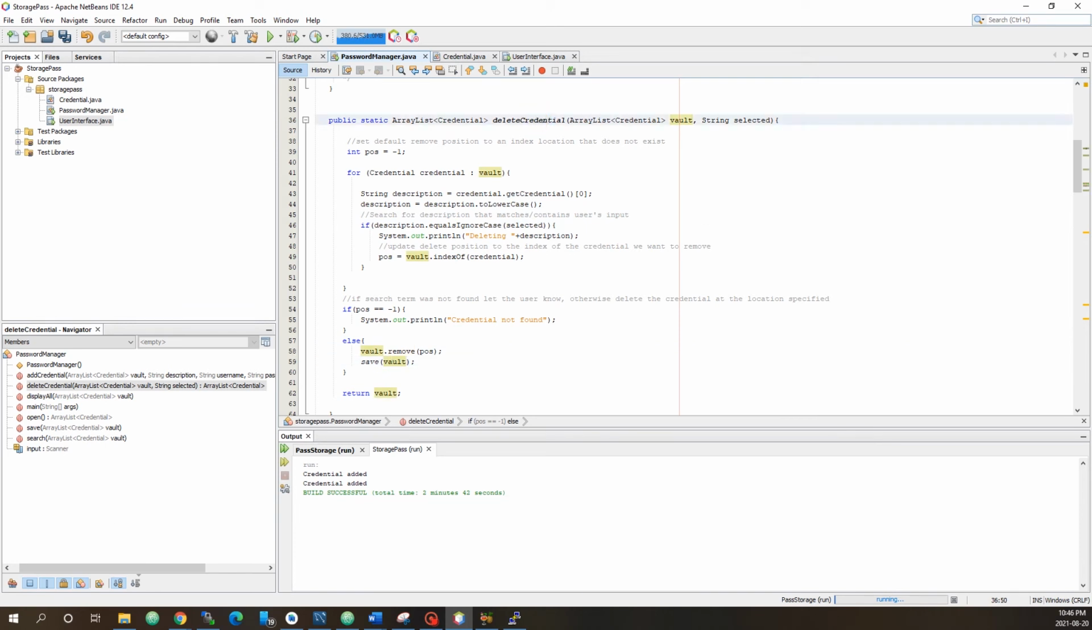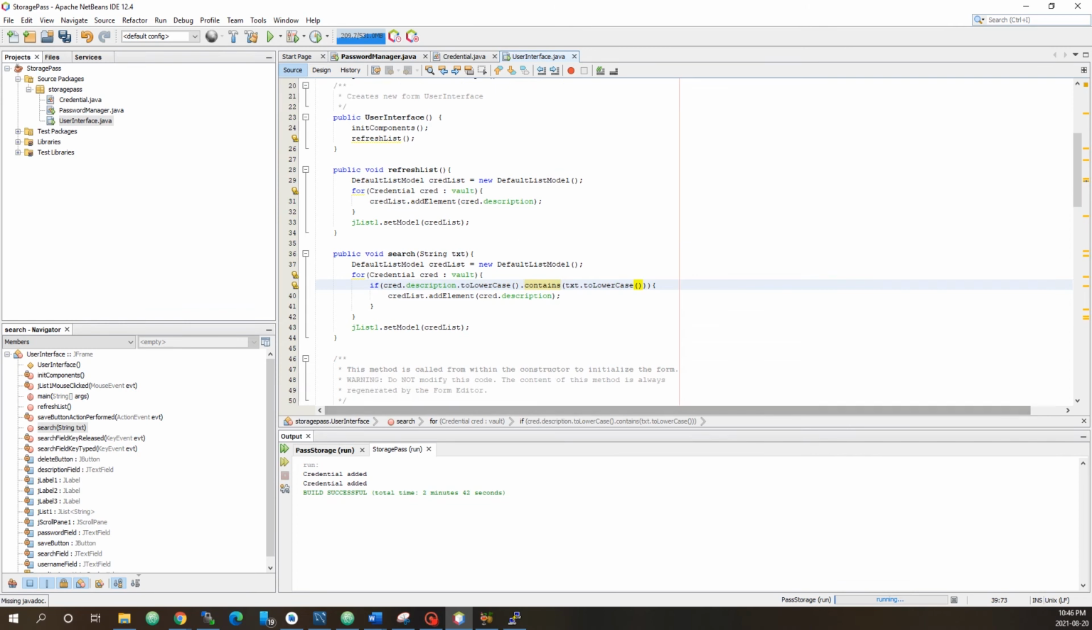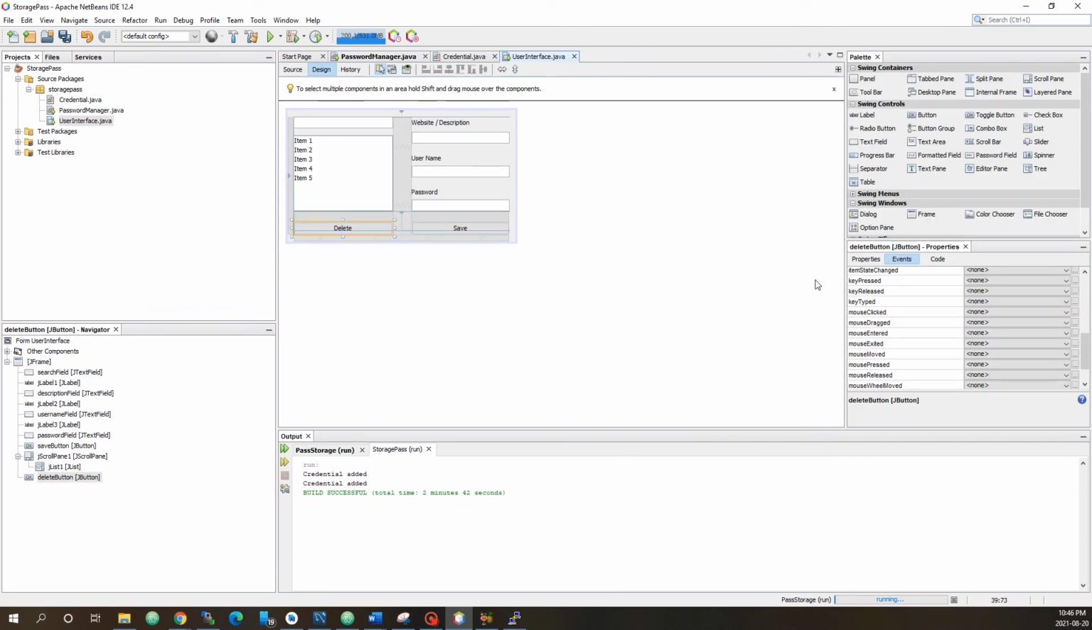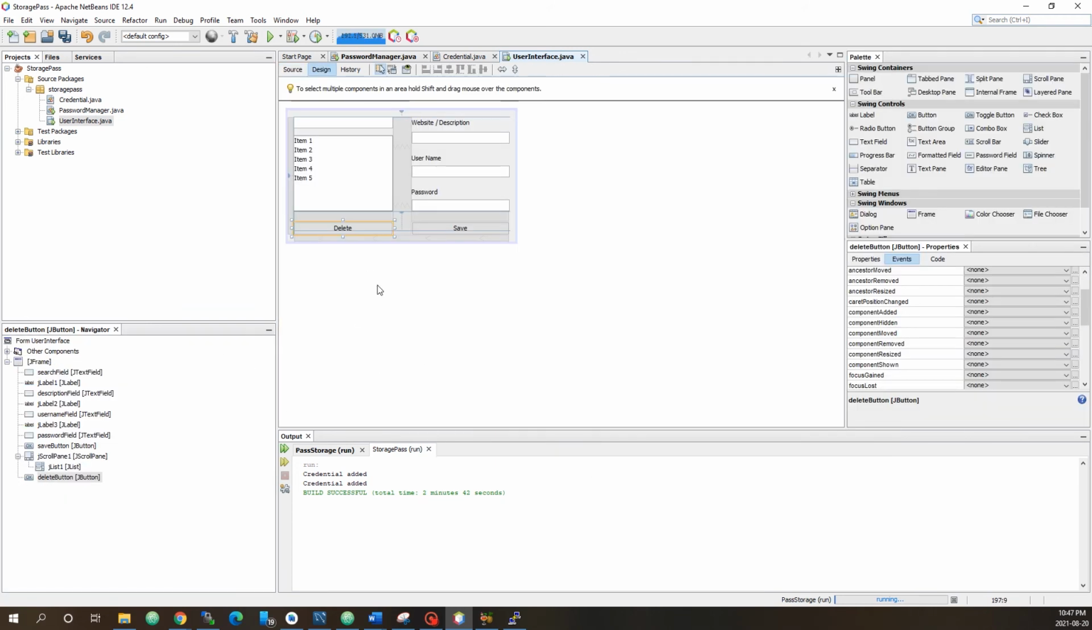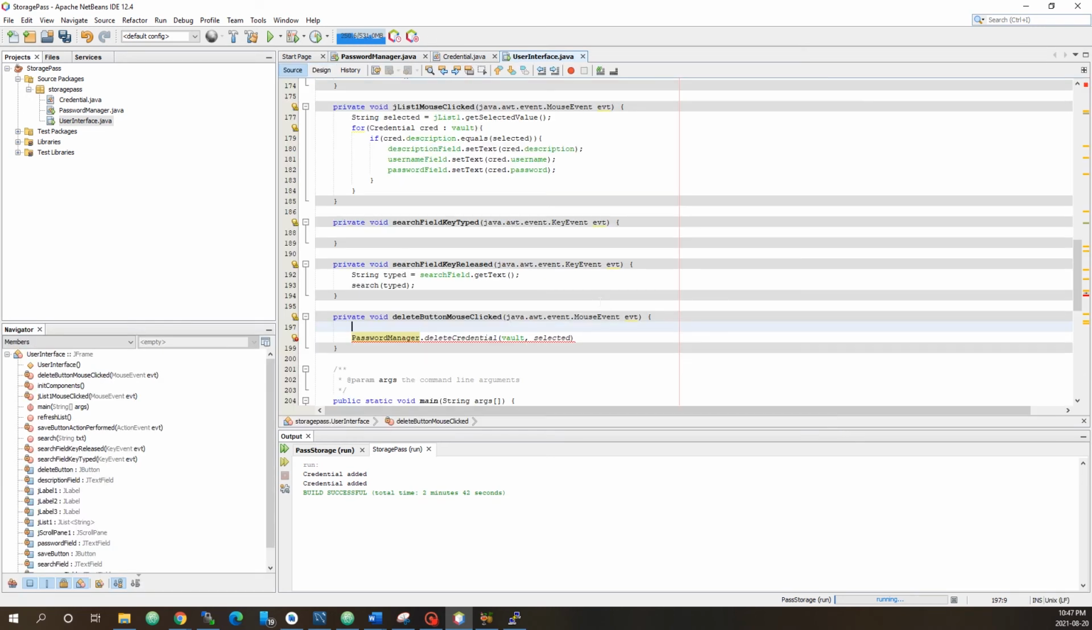Okay, so now let's connect this to our user interface. And the event that we're looking for here is mouse clicked. So when we click the delete button, this action should happen. So first we need to identify the item that was selected in our list when delete was clicked. So we can say string selected equals